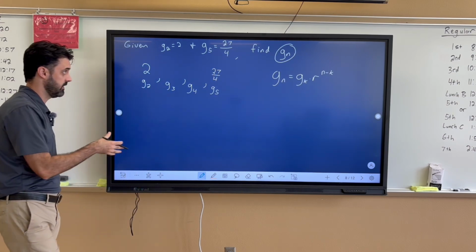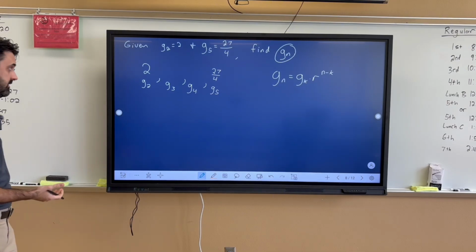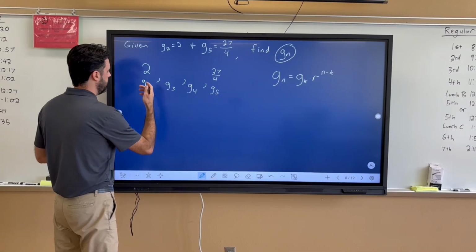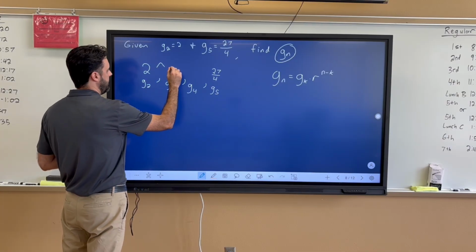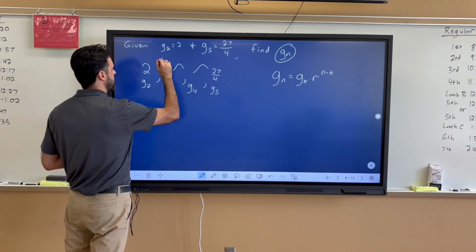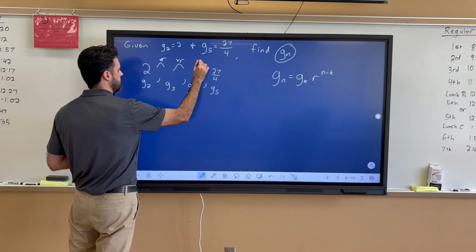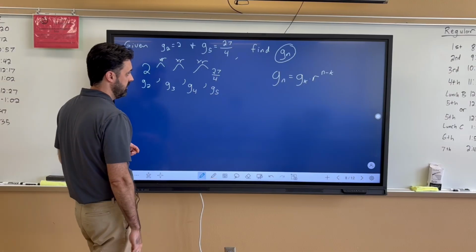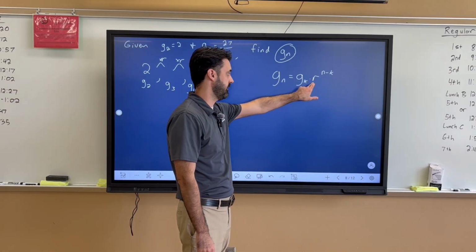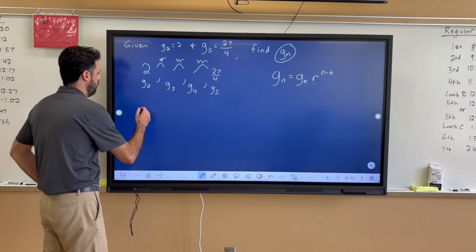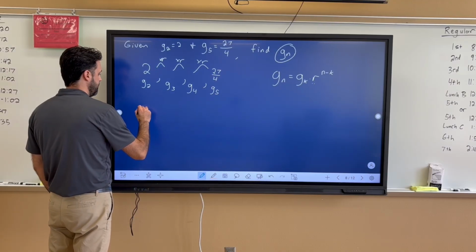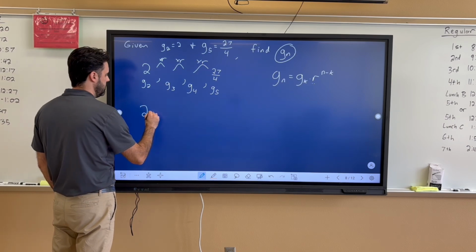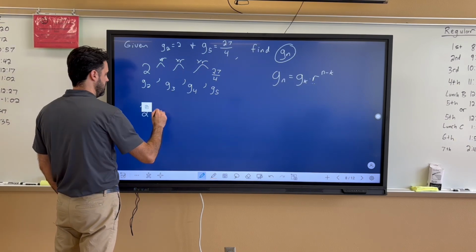Now, with geometric functions, we are multiplying. So arithmetic, we're adding or subtracting. Geometric is always multiplying. So we know that we have to multiply by r on this problem, times r, times r, times r. To get from the second term to the fifth term, we're going to multiply by r 3 times. So again, we're looking for an equation that helps us to figure out what r is. So we're going to start off by writing the first term. And then because it was times r, we're going to do times r times r times r, which is really r cubed